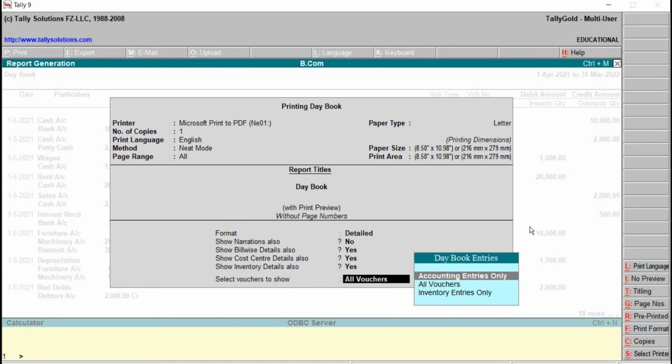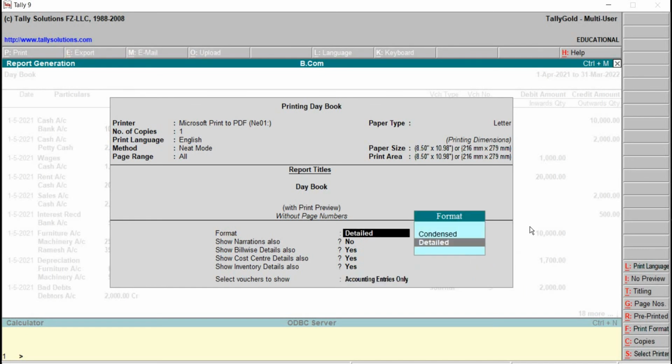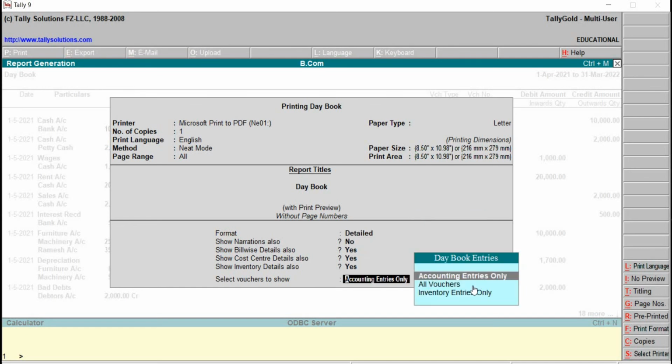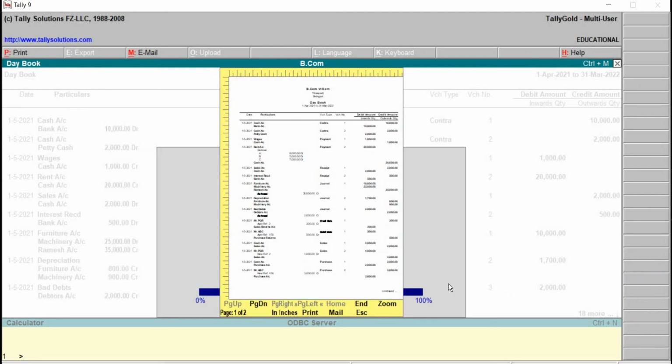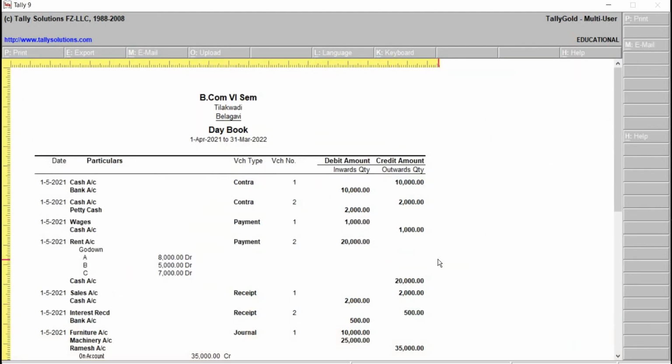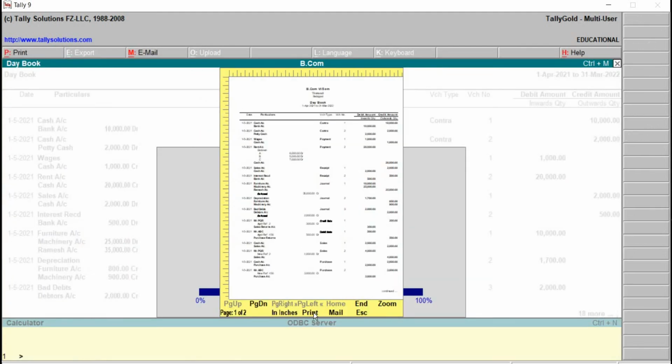Only accounting, select accounting entries only. In the same way, suppose we require only inventory, select inventory, or else select all the vouchers. Print question mark, press yes. Later we can click on zoom. To come out, escape. Later we can give the print command. Just click on print. It will go for taking the hard copy printout.